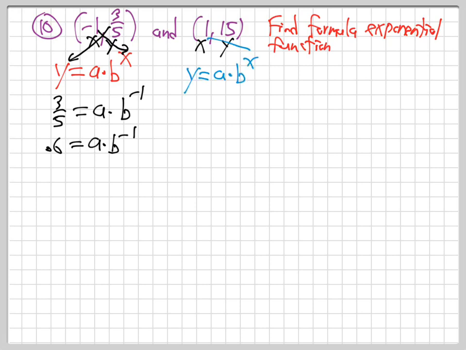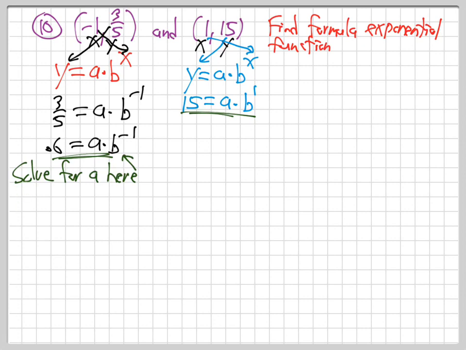I'm going to plug in the 1 for x and the 15 for y. So I get 15 is a times b to the 1. Okay. So now what we're going to do is going to be a little tricky. So we've got this and we got this. I'm going to solve for a here,